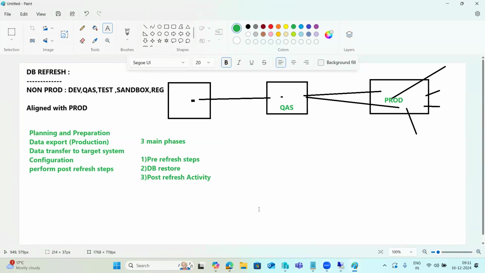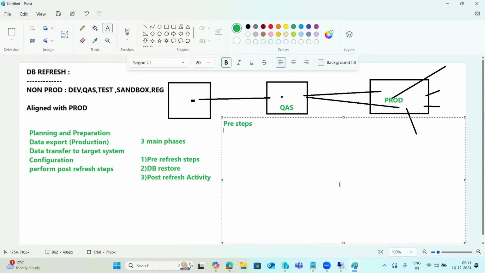So before performing the system activity, the following steps need to be performed as part of the pre-steps. Preparation means preparation steps. These all come under the pre-steps. Pre-steps means before you go for the production data restore, we need to do the pre-steps like,